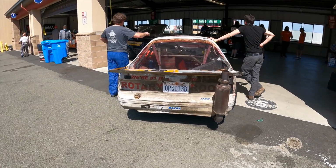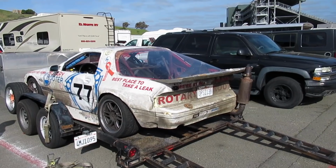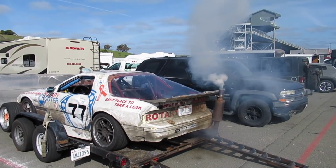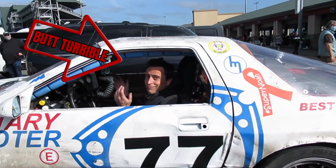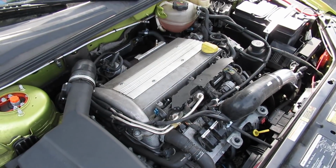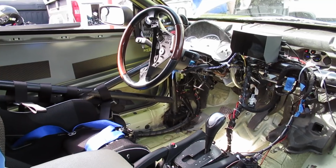Our friends Rotary Rooter, they were back. They were doing what they do. Hella sweet, Team Sabe. These guys raced with us before, and for some reason we told them that they couldn't